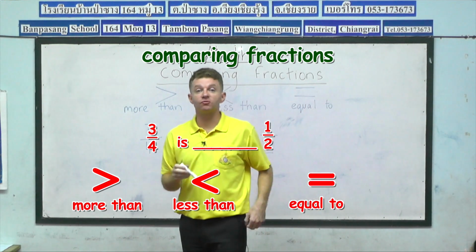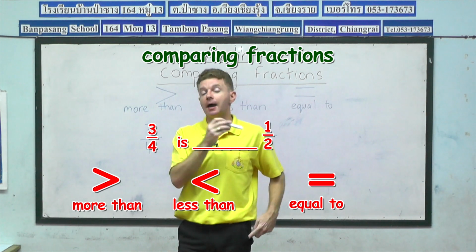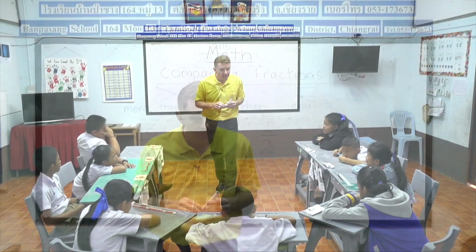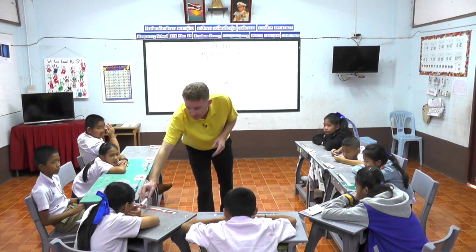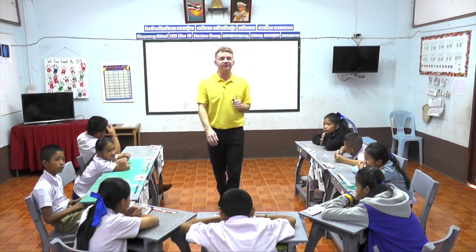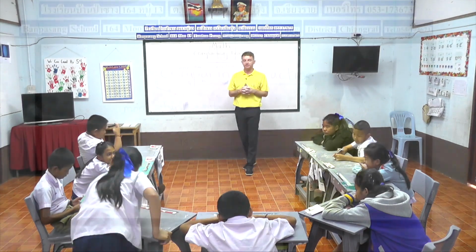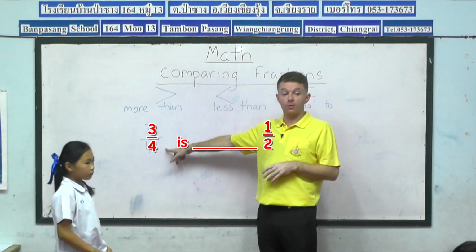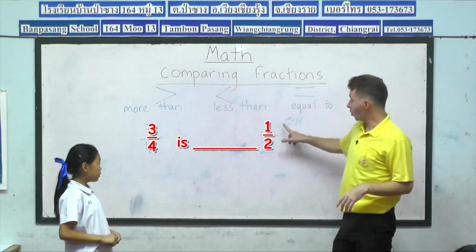So what we need to do is to compare these 2 fractions now. And I will choose a student to come forward and correctly designate how to do this. So let's see, guys, who would like to do it first? Who have we got first? Let's see. I know. First is Nadia. Nadia, come and join me at the front of class, please. So our 2 fractions, once more, 3 over 4, 3/4, 1 over 2,